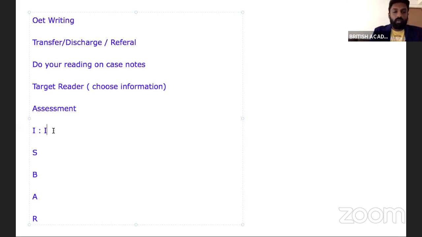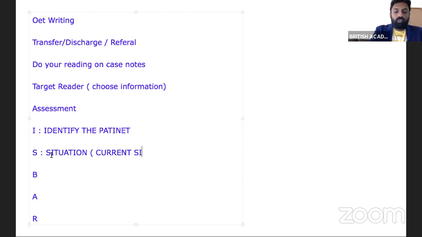The first thing you need to identify is the patient, who the patient is. The second thing is the situation, which is the current situation. This should be there in your letter. Anywhere it is there, it does not matter. Structure has only 20% mark weightage, but the content you write in your letter carries much more weightage than the other structures or things you follow. Your content, your language, your proper sentences, and your punctuation carry more points. So identify the patient, the current situation, then